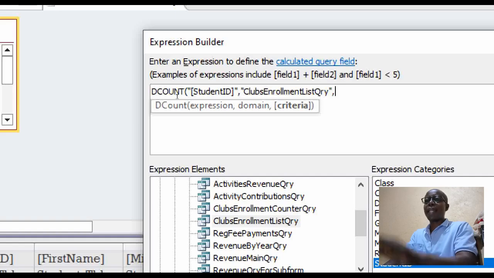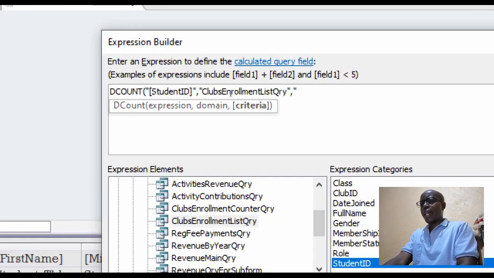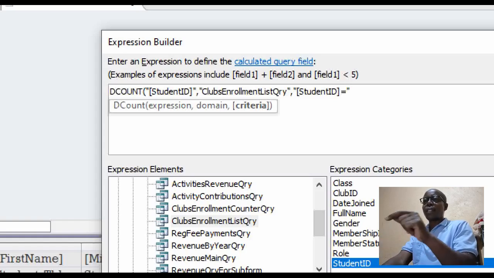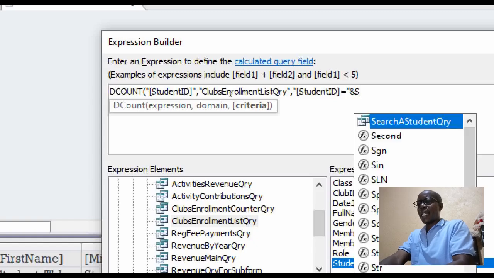Then put a comma, and then what criteria? The criteria is where student ID is equal to, this is a number, the student ID in display.